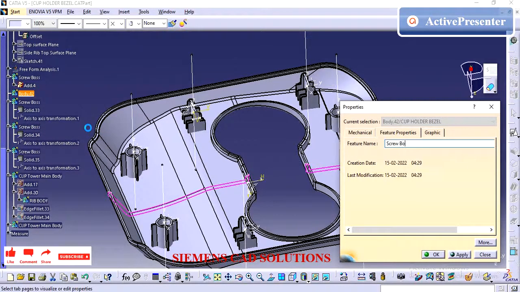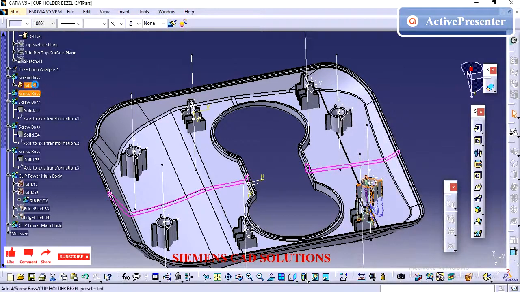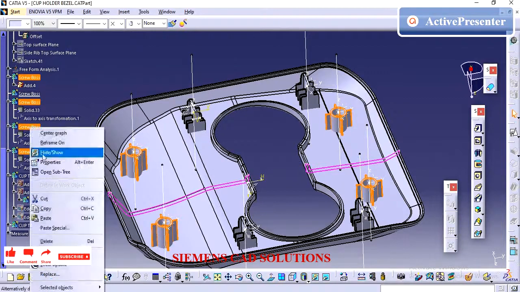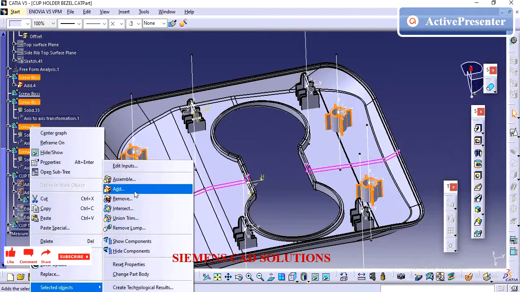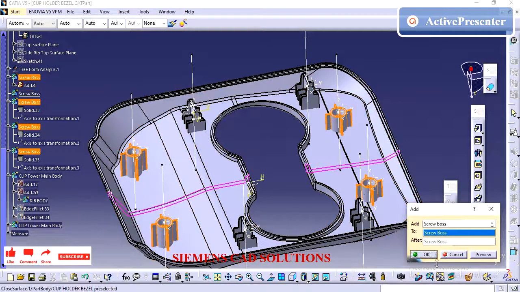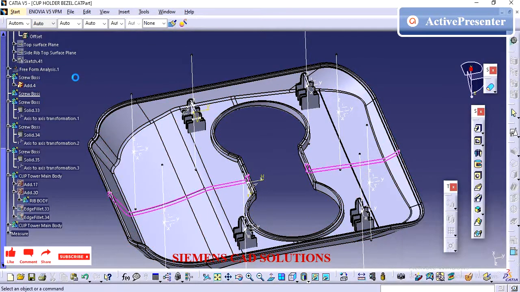Adding all the screw bosses into one body so that it will be easy to trim.